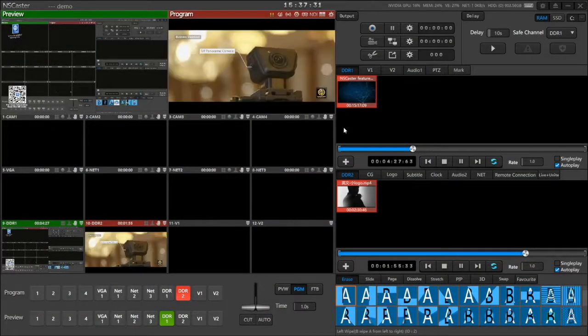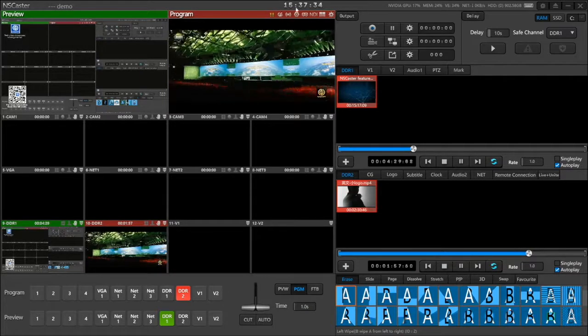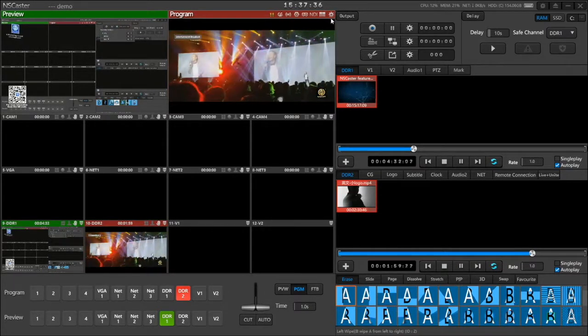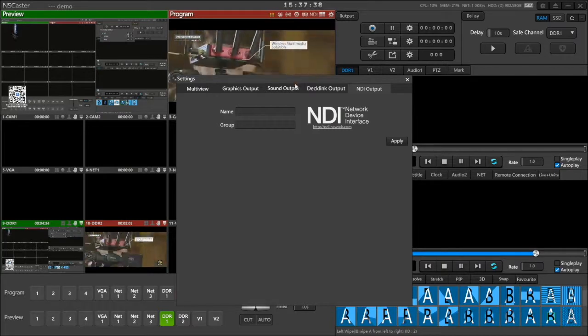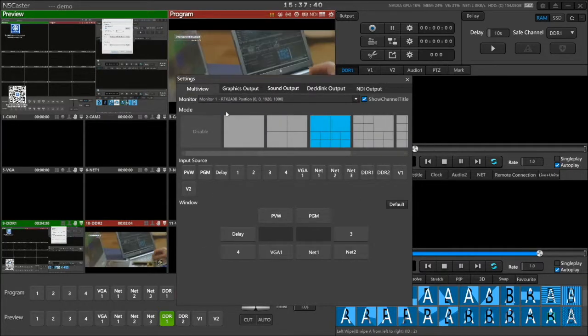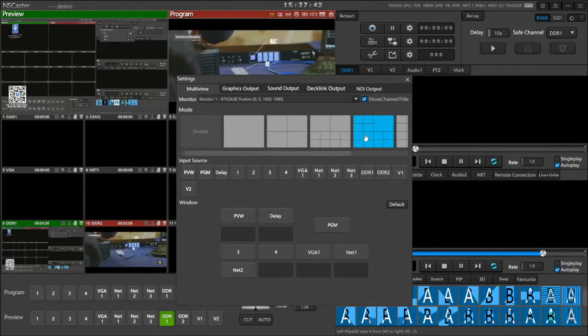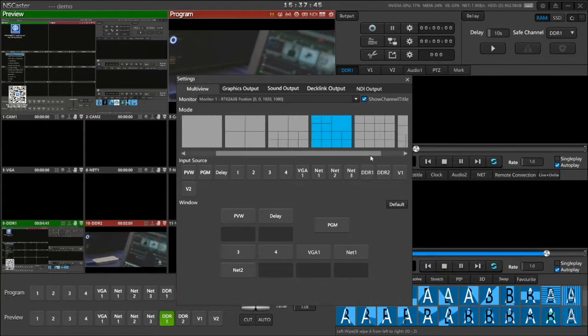Hello everyone, today I'll be introducing to you the PGM output. In the PGM channel, it has some icons on it. Click the gear icon to do the setting. Inside here, it has multi-view. You can select the template you want